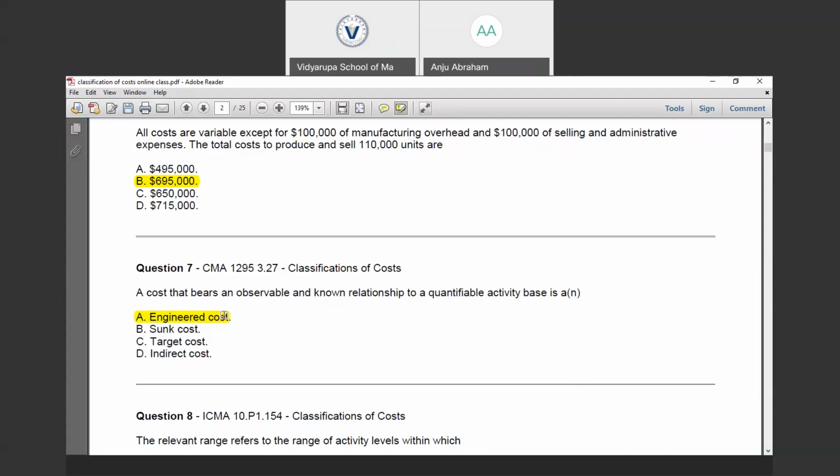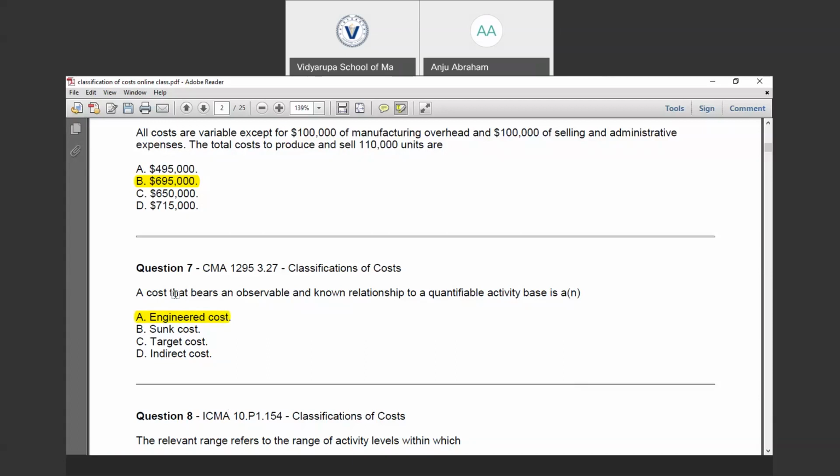So we can monetarily and physically measure the output also, and the optimal rupee amount of input required to produce 1 unit of output can be established. In order to produce 1 unit of finished product, we can determine how much of the raw material is required, how much of the direct labor needs to be employed, or how much of the other direct costs are to be incurred in producing 1 unit of the finished product. So all this can be estimated with a reasonable level of reliability. Such costs are called engineered costs.